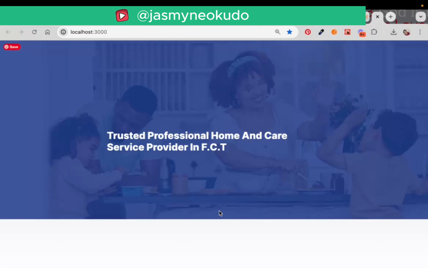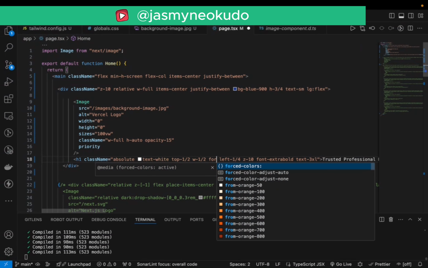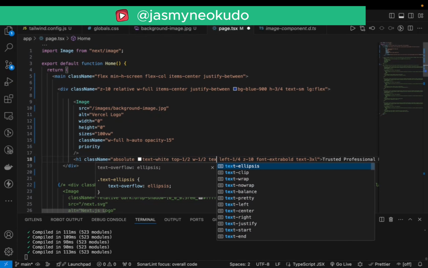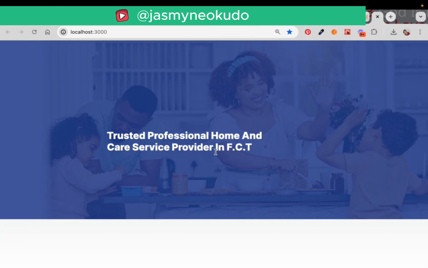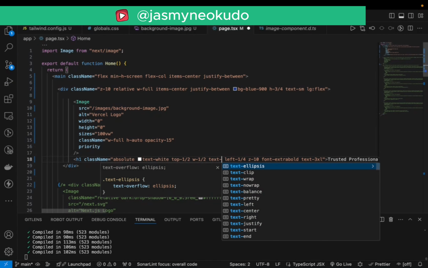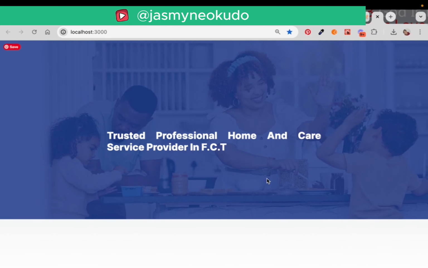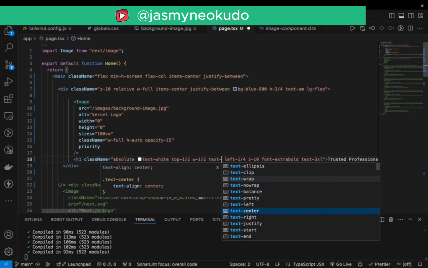So let's add something called font. I think it's called text balance. Text wrap balance. Is that what we had here before? No, no, no. I don't like this. Text align justify. No. Text align